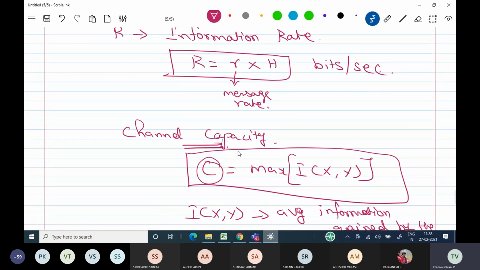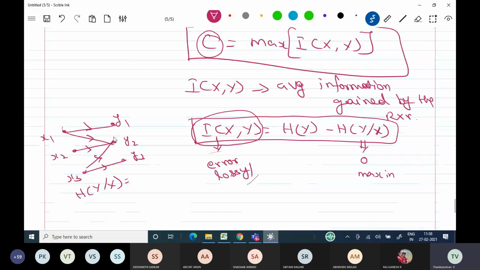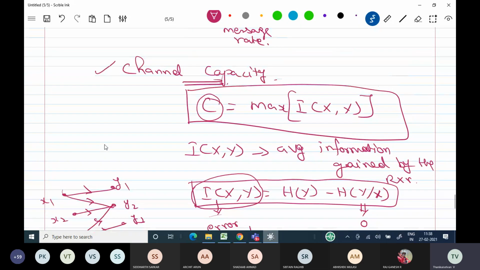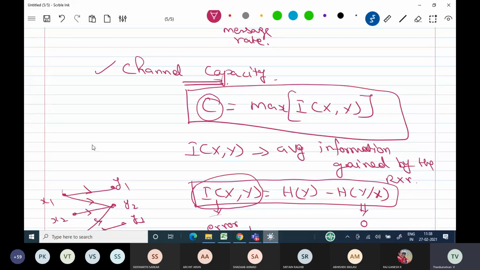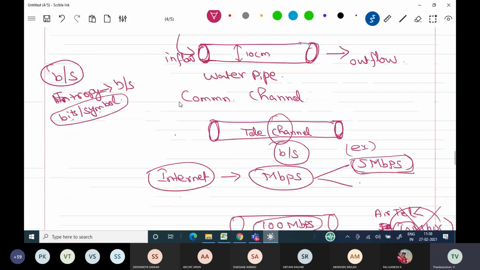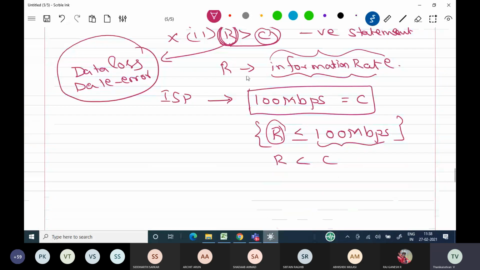Now in this channel capacity topic, we are going to study some information channels. In those information channels, we are going to find out the capacity under noisy circumstances. Students, all of you understood this? Now we have entered the channel capacity topic. These were the introduction only. Now you forget those things.